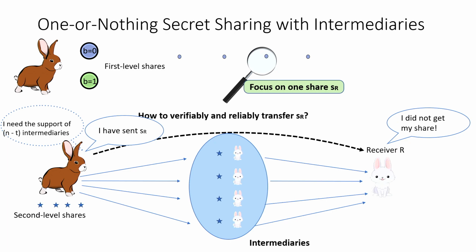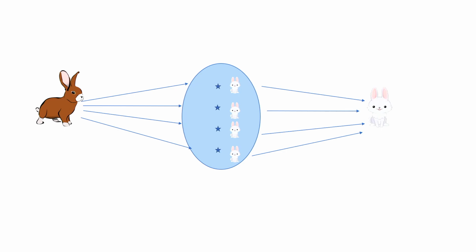Let's recall what our setting is. Now let's focus on these two phases. There is a phase between the sender and the intermediaries, and another phase between the intermediaries and the receiver, right? These are two different phases, but in our setting, in the first round, we are relying only on a public channel, and we are only assuming a common reference string. So how are we going to send this share privately to the intermediaries?